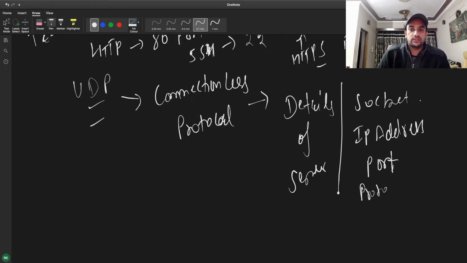Socket is generally an application term, IP address is layer 3, and port is layer 4, the transport layer.